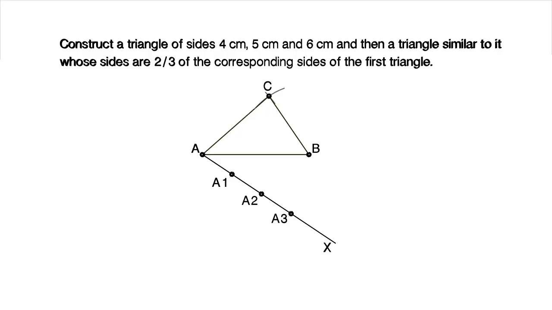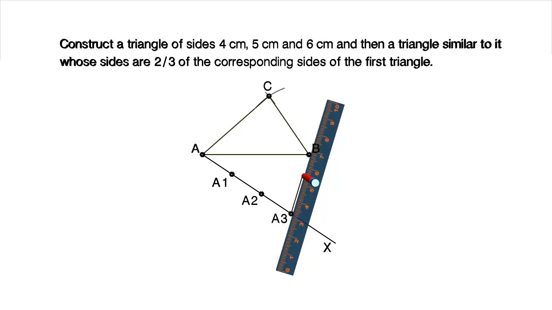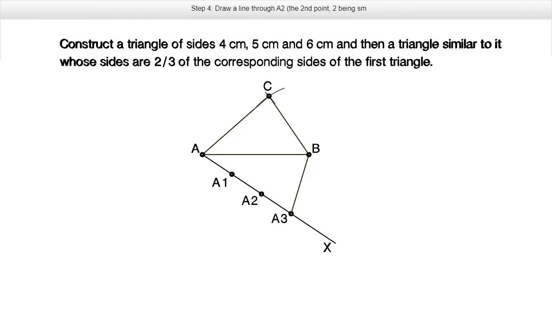Now for less than one type of ratio, we need to join the point A3 with the point B. So whatever side name you have taken for this base, you need to join the end point with the last point on the ray AX. Now the fourth step is to draw the parallel line to A3B through the point A2. So you can follow any of the methods to draw the parallel line that I have discussed in the previous video. If you have not visited that video, please do visit and select the method whichever you feel easy. So here I am going to use the arc method.